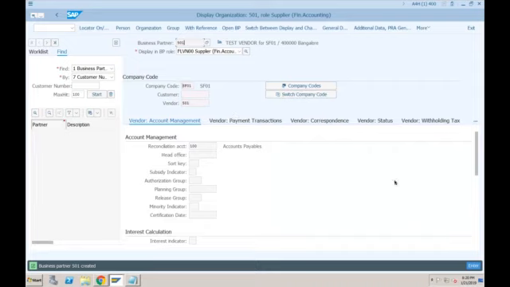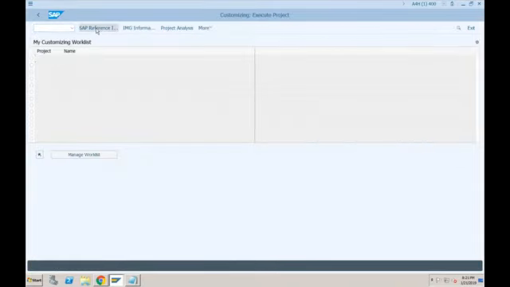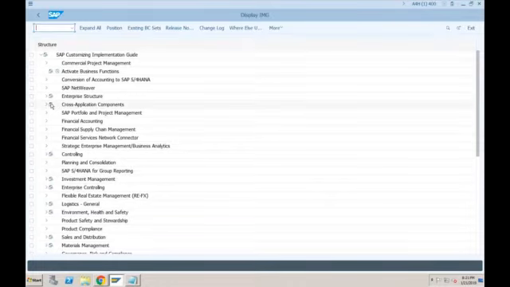Okay, so now you understood how this can be the same number range, right? Now you understood how the business partners are created in SAP S/4HANA. There are two configurations to remember. One is the BP groupings and number range, and second is master data synchronization. Both are available in cross application components.